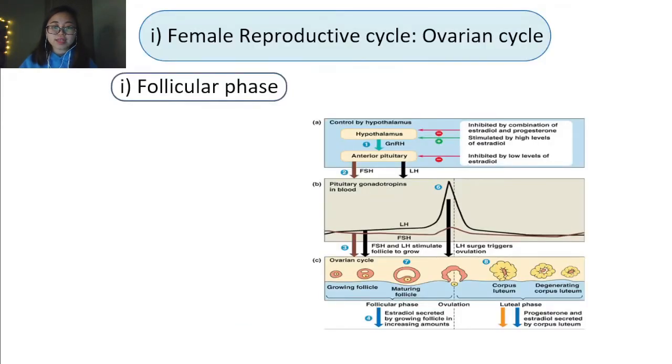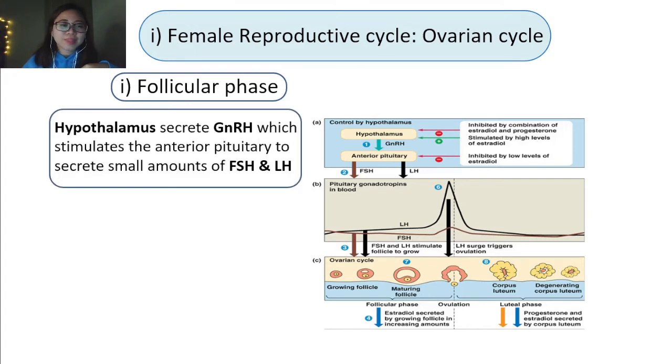Now let's look at it phase by phase. We will first look at the follicular phase. How does it all begin? The follicular phase starts in the hypothalamus. Kita mula dulu di hypothalamus. The hypothalamus will secrete GnRH, gonadotropin releasing hormone, which stimulates the anterior pituitary to secrete small amounts of FSH and